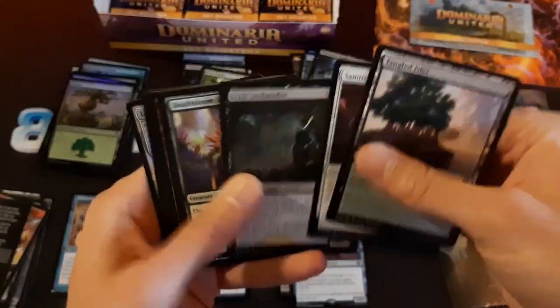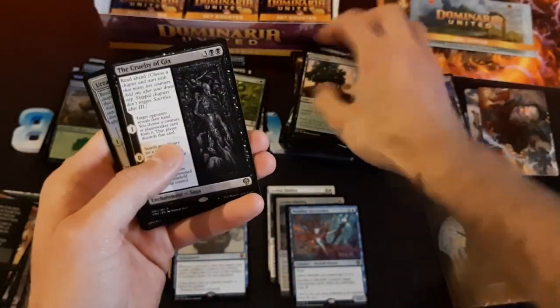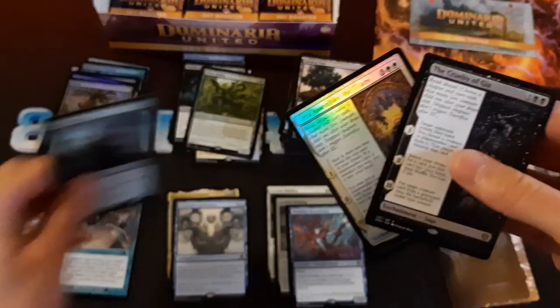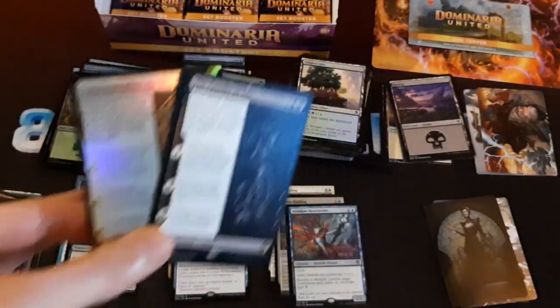There's an Urza Assembles the Titans in the back there. Foil rare. And the Cruelty of Gix. A Devoted Druid from the list. It's alright. This is kind of a pretty good...